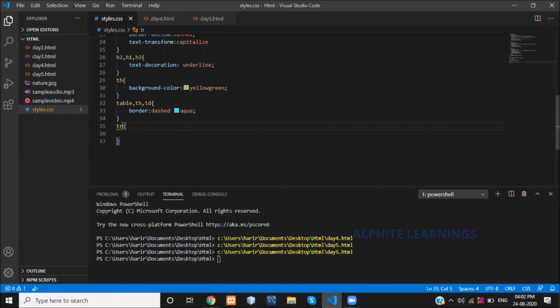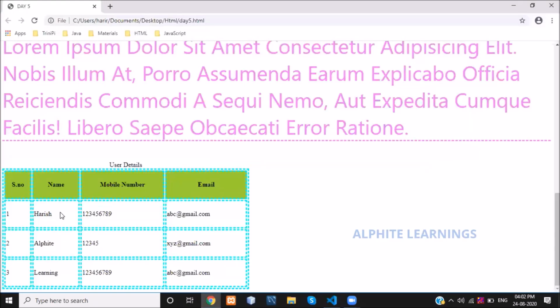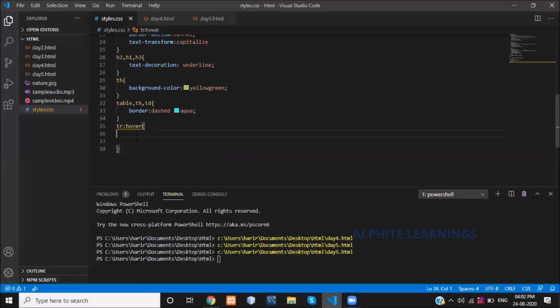For that we have to give tr colon hover. What does tr colon hover do? When I hover this tr, it will give me some highlighted color. It will change the background color.